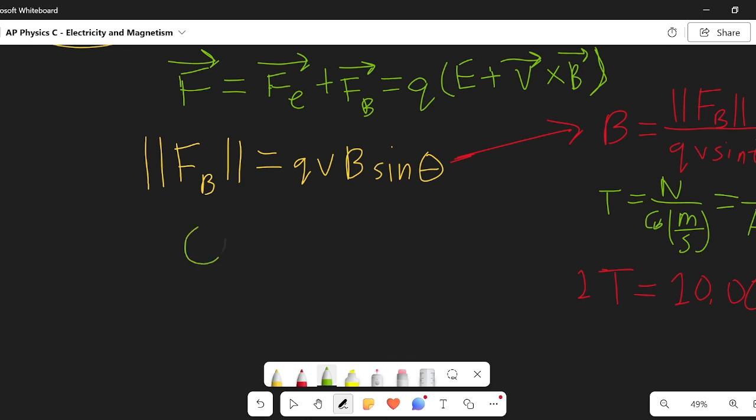The first symbol is going to look like something like this. This means that the vector is coming out of the screen. If this is the force FB, for example, if this is the direction of this force vector,